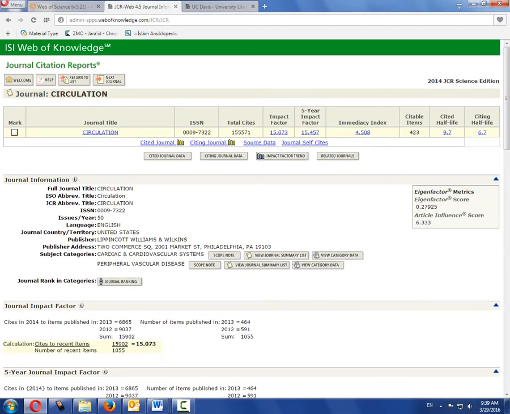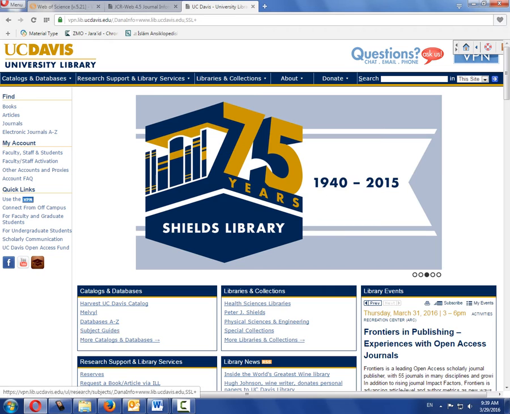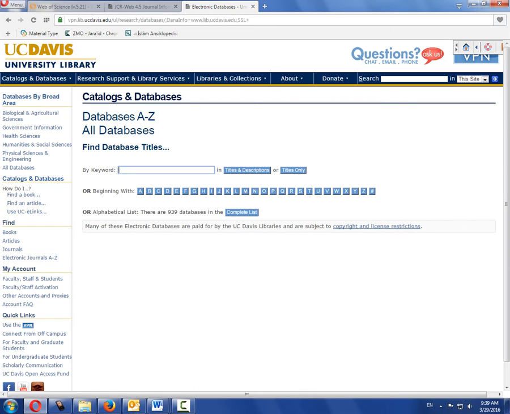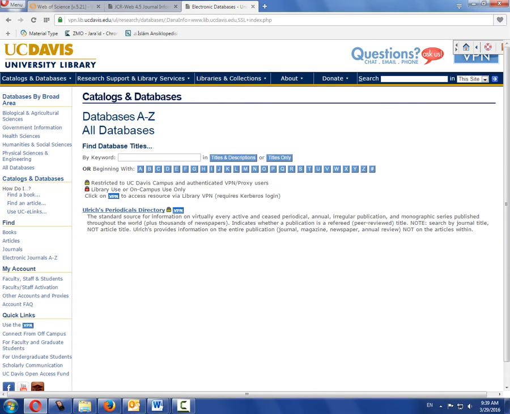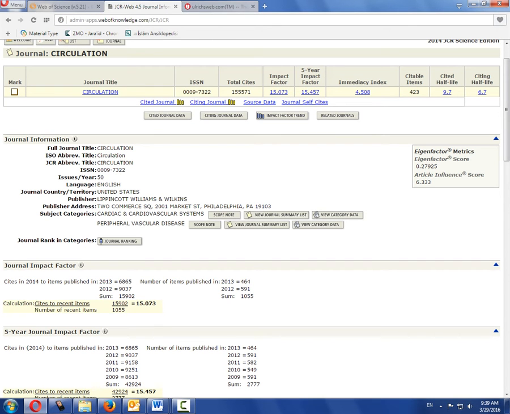Another really useful tool that I don't get to talk about a lot, it's something librarians use. We don't really list it in any of these databases. Actually, we might. It's called Ulrich's. Here it is. So Ulrich's Web is the premier source of information about journals, scholarly journals, and other kinds of journals. What you can do here is cut and paste your International Standard Serial